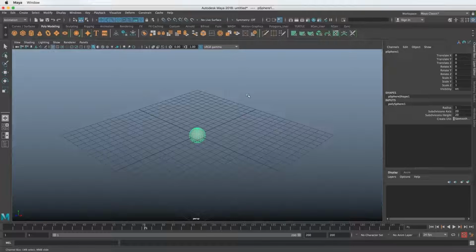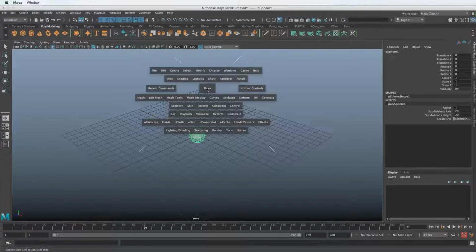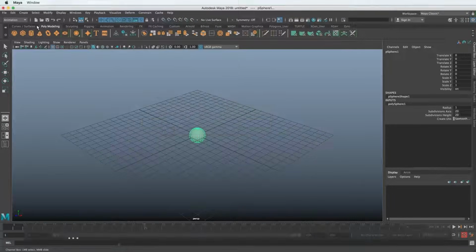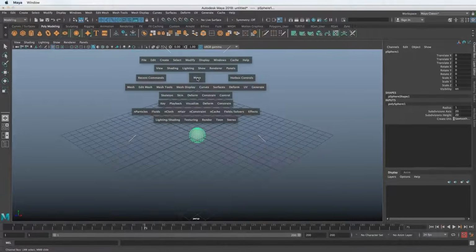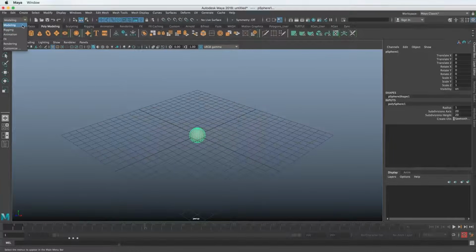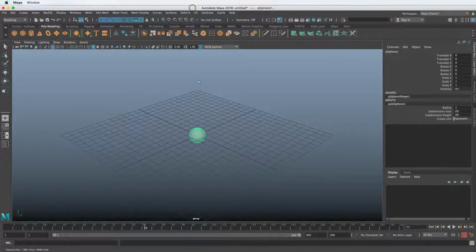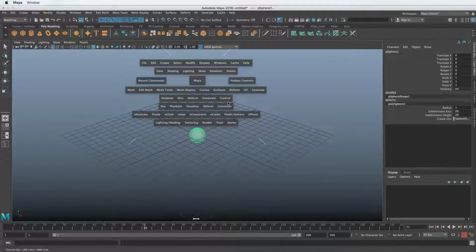Just to emphasize this again, I wanted to show you something that I use quite a bit. If you hold down spacebar, you will get what Maya calls the hotbox menu. I'm holding down spacebar and I have all of the menu options available to me. You might be able to tell that it's ordered the same exact way that the tabs over here are ordered. So modeling, you can see mesh, edit mesh, mesh tools, and so on. You can see rigging, animation, effects, and rendering. That's the exact same way this is laid out over here. So it's just a quicker way to get to all of these menus by holding down spacebar.